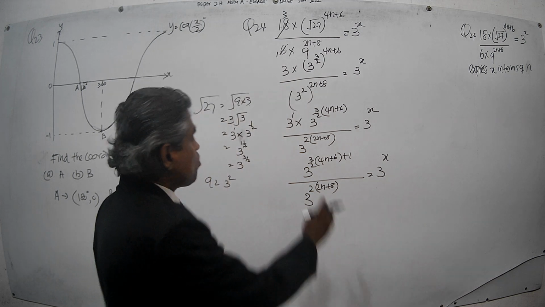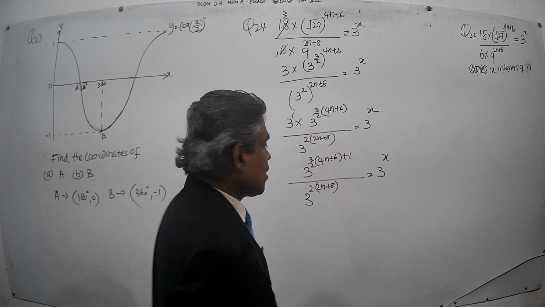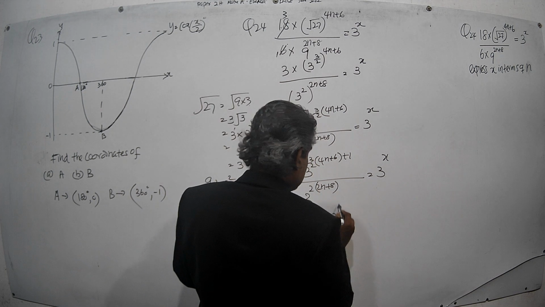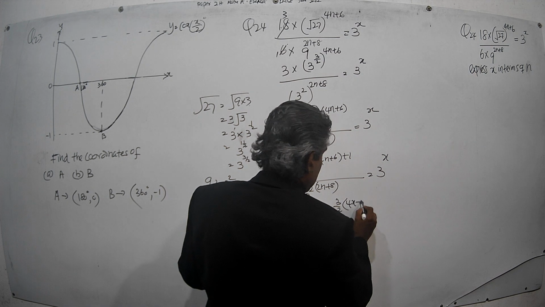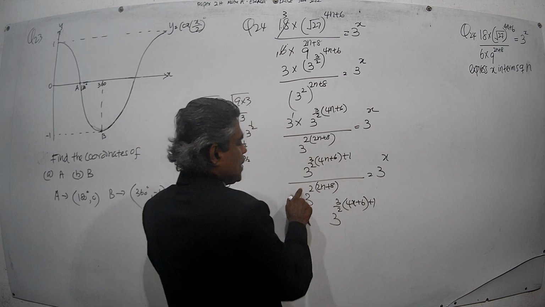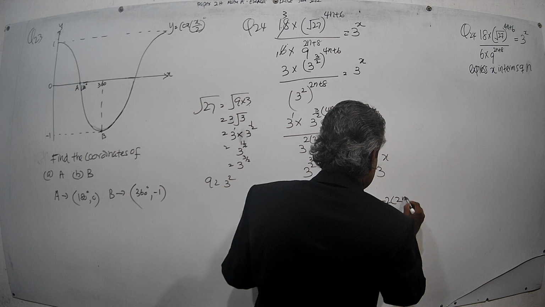Then this power minus, always numerator power minus denominator power. That's how we write it. Then you write here, it will be 3 to the power what? 3 over 2 times 4n plus 6 plus 1, then minus 2 times 2n plus 8